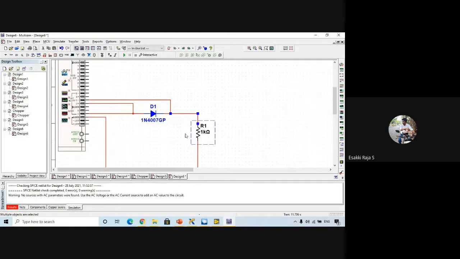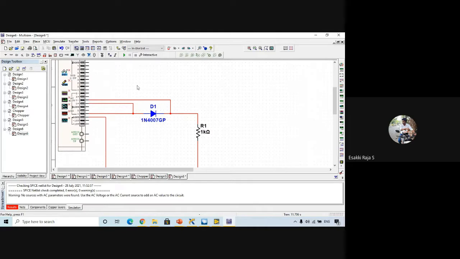I know this resistor value, and if I measure the voltage across the resistor, we'll get the resistor value and the voltage value. By applying Ohm's law, I can calculate the current in LabVIEW. After measuring the voltage across the resistor, I can easily obtain the current flowing through my circuit, or through my diode.